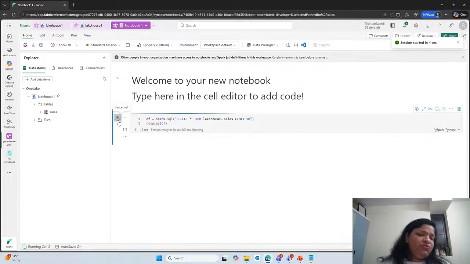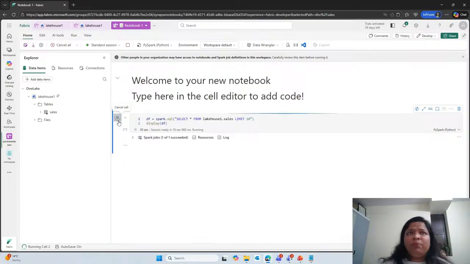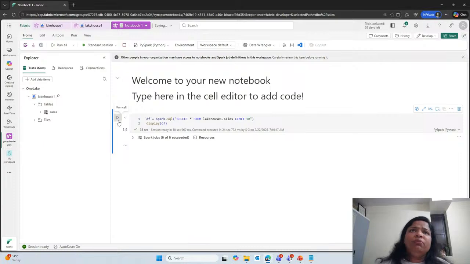If you're very much familiar with Spark, because when we deal with a huge amount of data and enterprise level data, we need to work with the Spark language. So it is very easy to begin with. You can start with the Python language and you can switch your experience towards PySpark. Very easy to continue. So PySpark or Spark SQL options are there, and you can deal with a huge amount of data when the data in your organization is becoming huge and you have switched to the Microsoft Fabric platform.